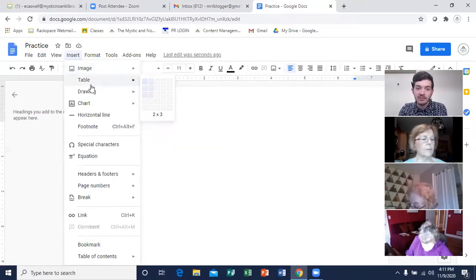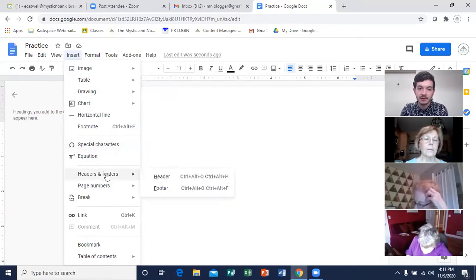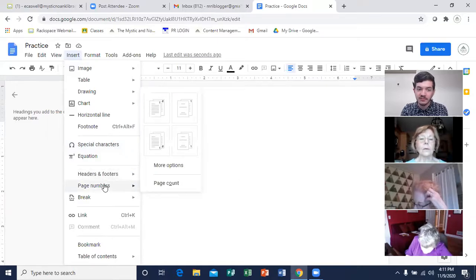You can put in tables, drawings, which I don't think you'd ever really need, charts, lines, section breaks, footnotes, which puts a little section in the footer that you can fill in, special characters, whether it's math symbols or other language characters, headers and footers, page numbers, a page break,